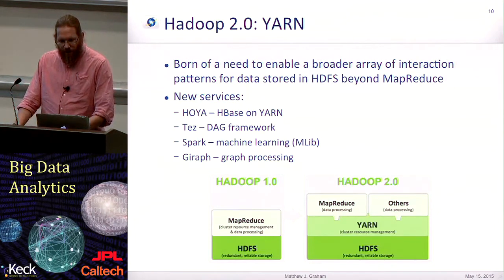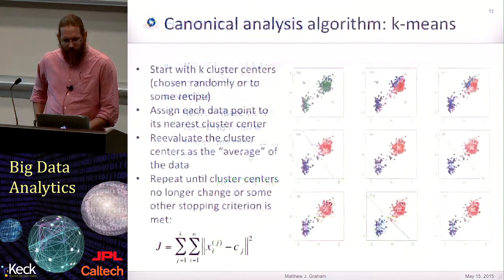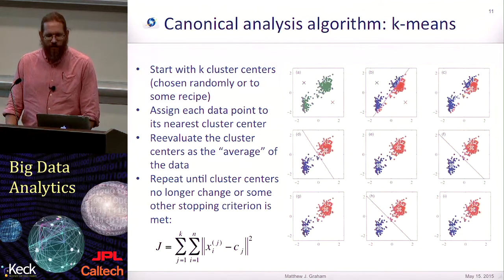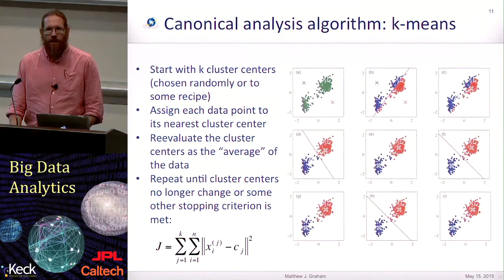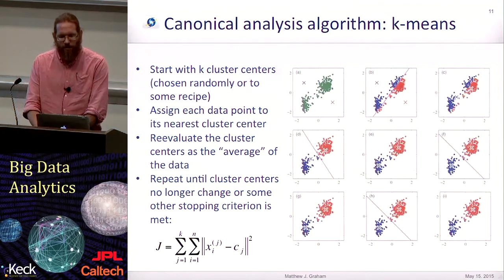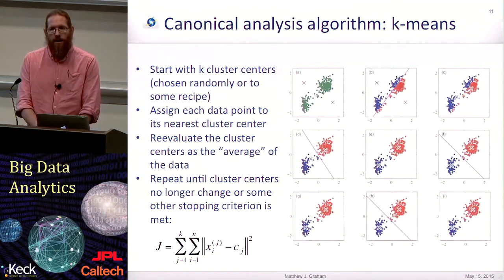Now, you come to the final question of, well, do you actually really need any of this? Maybe I can just be smart about how I'm writing my algorithms. So I'm just going to talk about two or three different ways that you can maybe think about parallelizing algorithms, which maybe mean you don't need to go and use MapReduce and try and rewrite your computation in terms of MapReduce. So we'll take as our canonical analysis algorithm that I want to do k-means clustering,